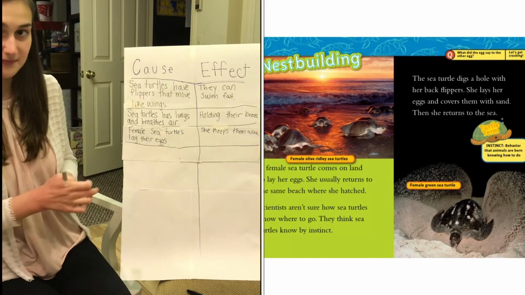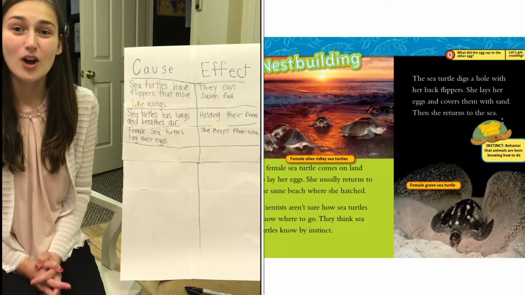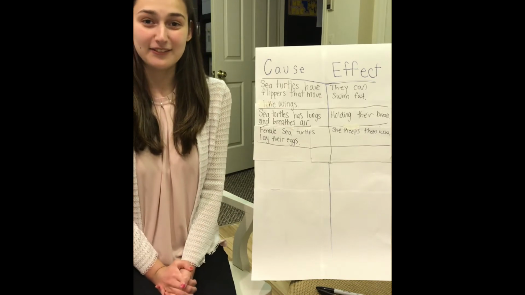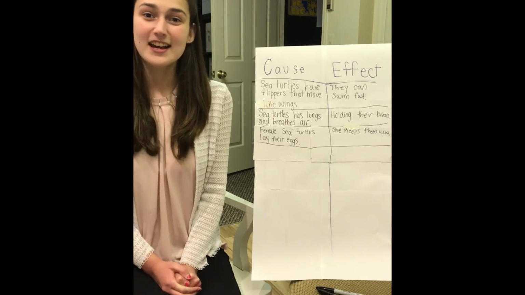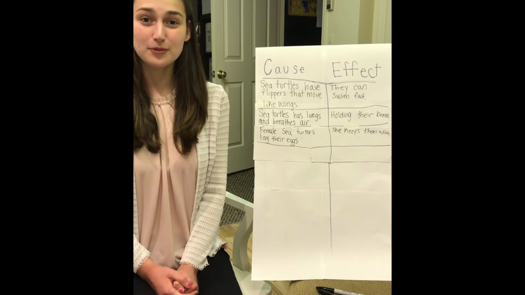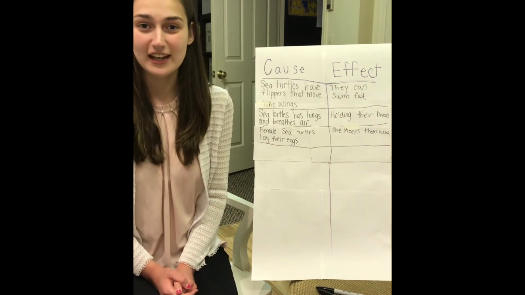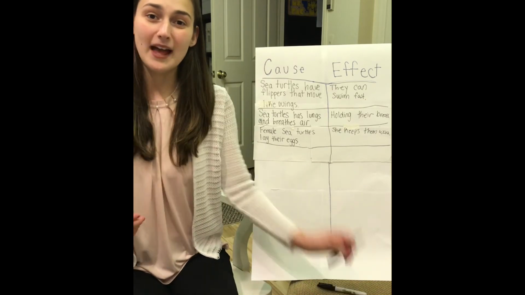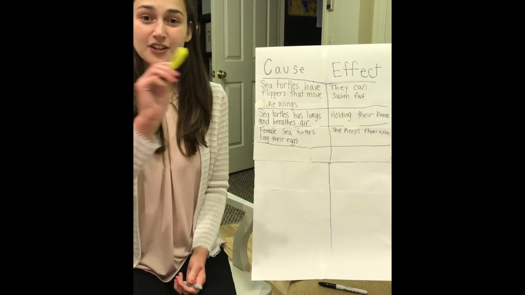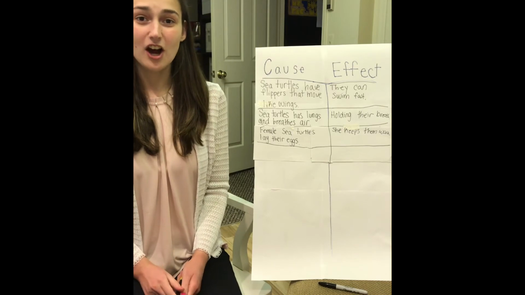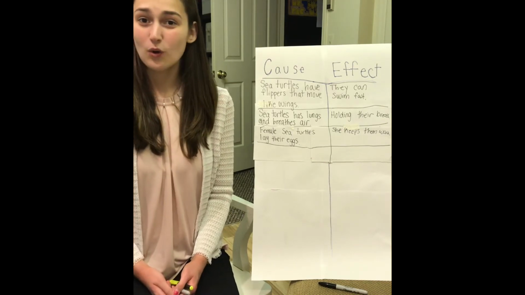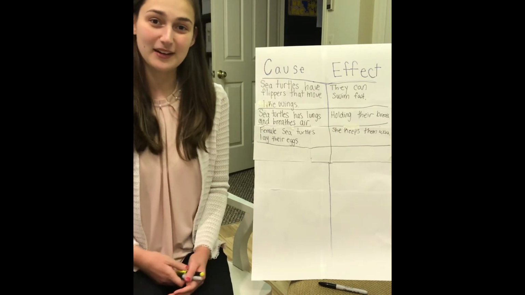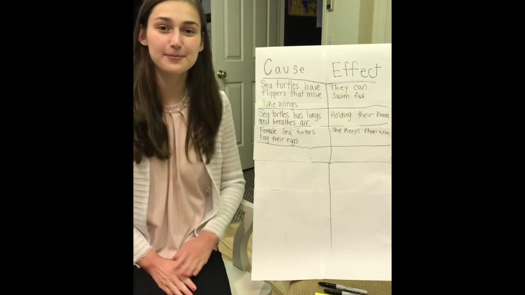Okay, boys and girls, so now you're going to do this with me. You are going to take the worksheet that I gave you, labeled cause and effect. You can either print it out if you're able to print at your home, or you can just look at it on your computer, and you can get a highlighter or a pen or marker, and you can underline or highlight on your chart as we go along. Or you could just look at your chart and listen to the video or use your pointer finger, okay? Are we ready? Let's keep reading.